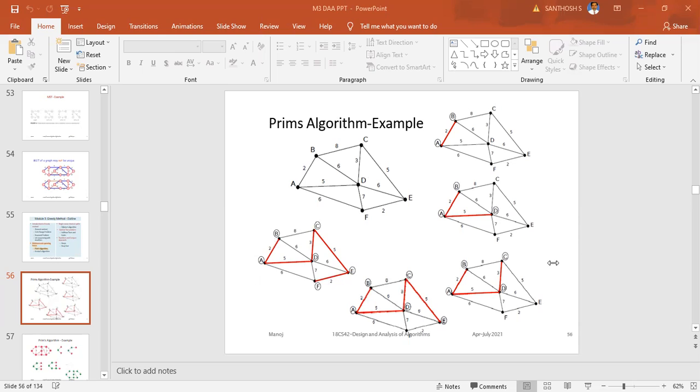So can you tell what is the total path? So the total cost from B to F. What is the total cost we have from B to F? Because the source node is B and the destination node is F. So what is the total cost? 2 plus 5 plus 3 plus 5 plus 2. So what is the value you are having? Total cost.